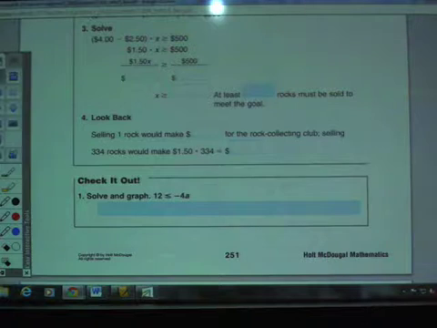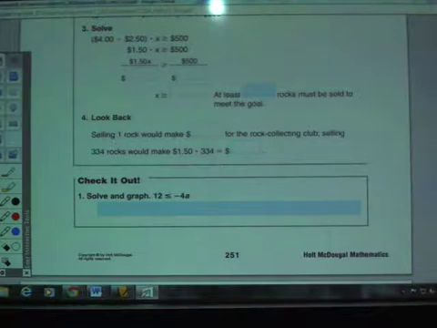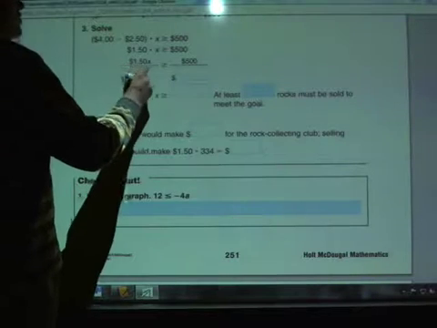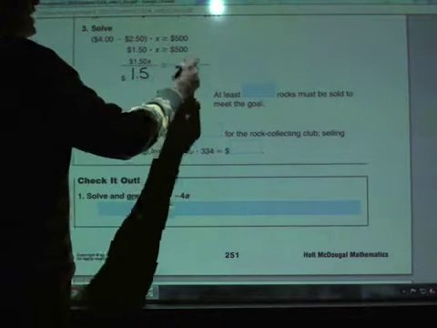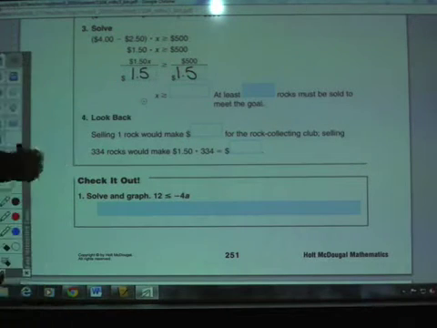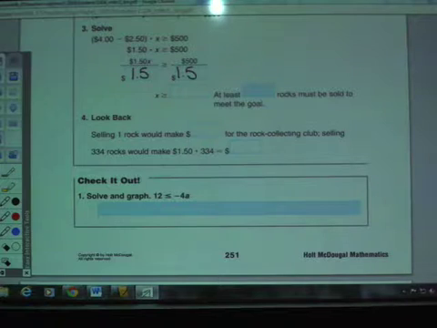Well, that means x being on the left side of the inequality is good, 500 being on the right side of the inequality is good, $1.50 being on the left is bad, because that's a number and it's supposed to be on the right. So I'm going to move that, and again, whenever I move something, I do the opposite. So the opposite here is going to be to divide by 1.5. 500 divided by 1.5 is going to give me the solution I need here. 500 divided by 1.5 changes into